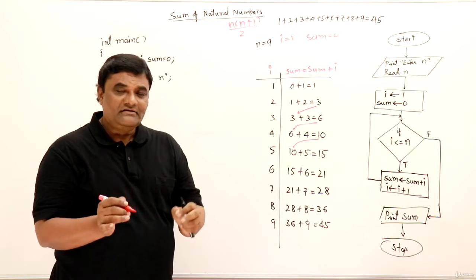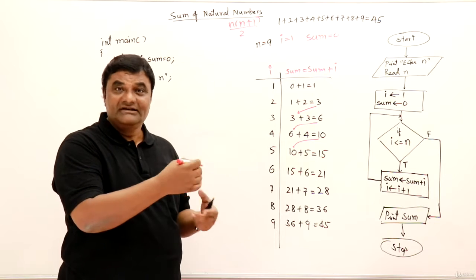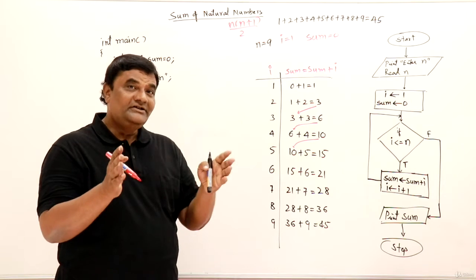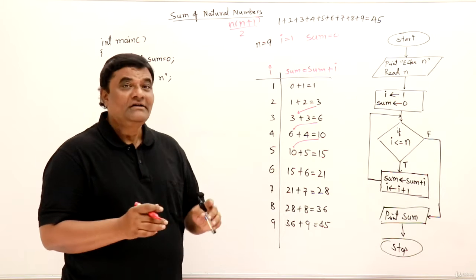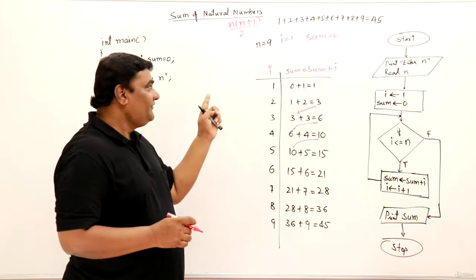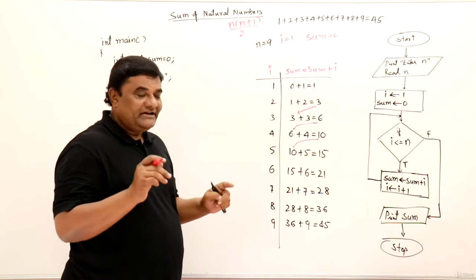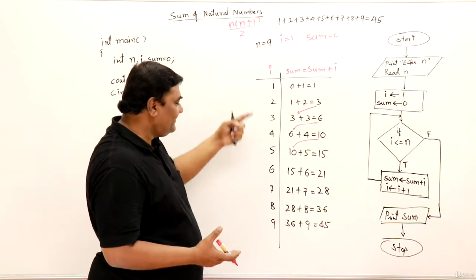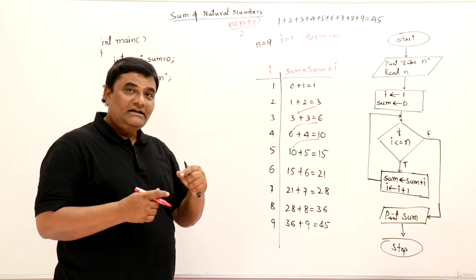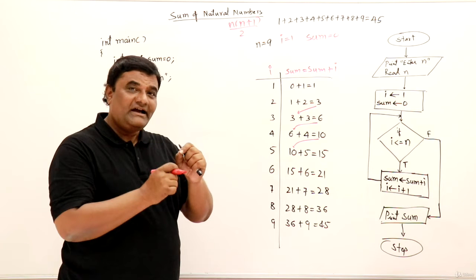Now you are learning, right? So next time when you have a similar problem, some other thing, then you can figure it out. So you should first put the values on paper, then you can observe this one. Now we got the idea that we have to take I. I should be increasing by 1 every time and it should reach up till n, that is 9. And every time that I should be